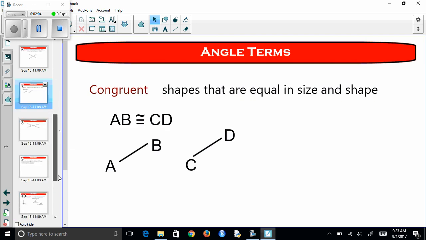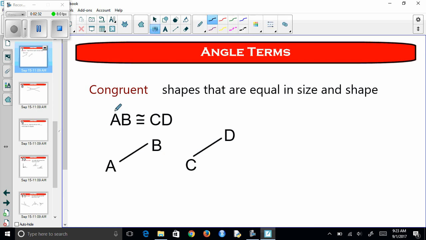Congruent. This is a big word for this class. We'll use it a lot. When something's a shape, it can't be equal to another shape, but we'll use the word congruent instead. So this shape AB and CD, they're the same size, so we'll say those are congruent. They're equal in size and shape. Now, what we do is we have an equal sign with a little squiggly up there, a little tilde. So I just noticed that I should have some segment signs above these to show segment AB is congruent to